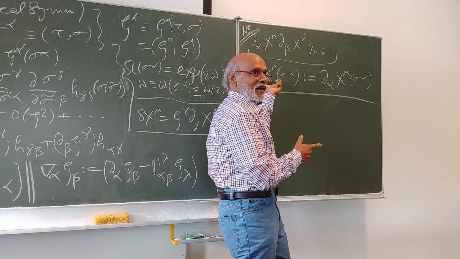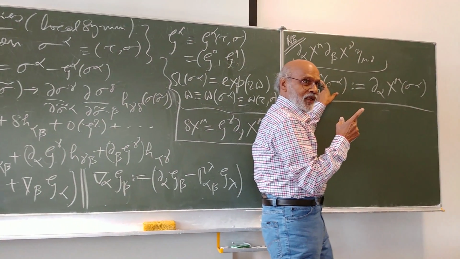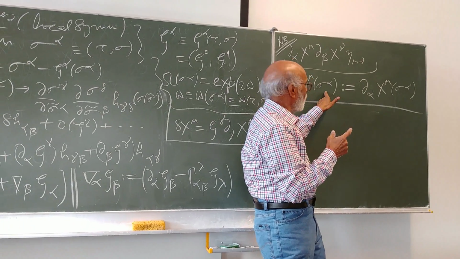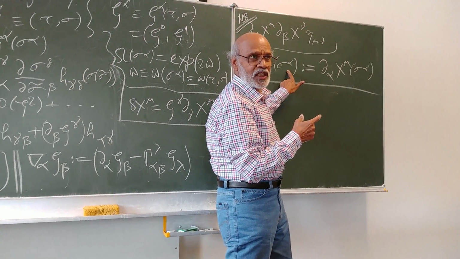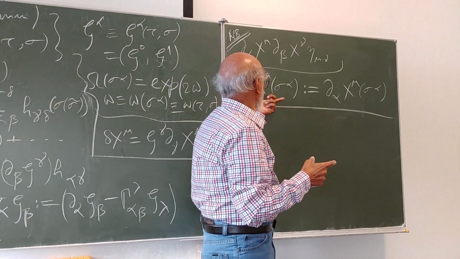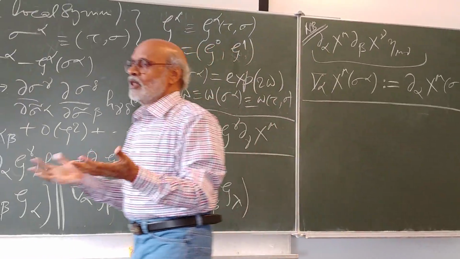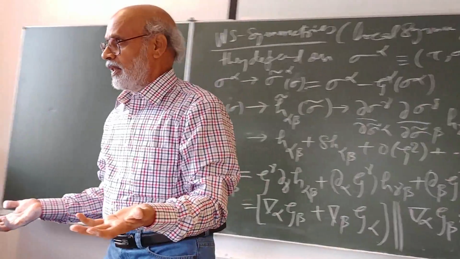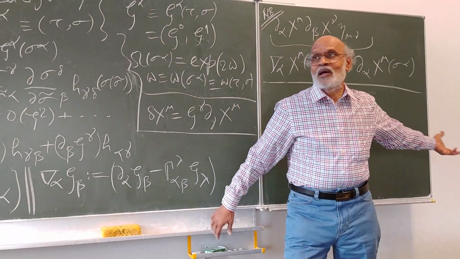It's a vector for the space-time manifold because it has index mu only. It does depend on sigma alpha. It is a function of tau and sigma. But x mu itself does not depend on the index alpha or beta. And therefore here the covariant derivative is the same as the partial derivative,